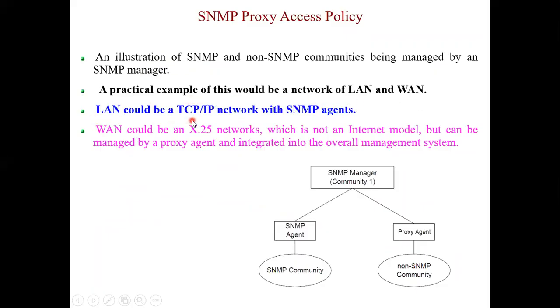The LAN could be a TCP/IP network with SNMP agent, and the WAN could be an X.25 frame relay network, which is not an internet model, but can be managed by a proxy agent and integrated into the overall management system. So this actually happens. Okay, so we have proxy agents present. This is how the SNMP proxy access policy takes place.